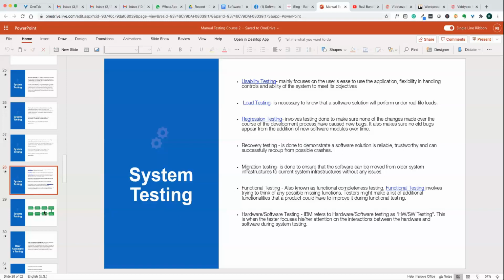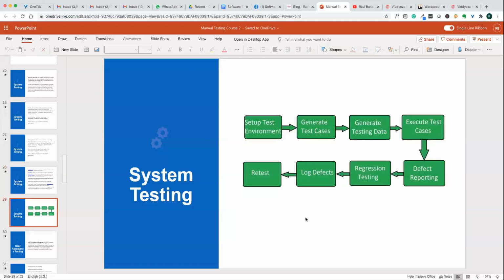If you take the flow in system testing, this is what is going to happen. We'll have a test environment set up. Then we'll generate test cases, then generate test data, then execute the test cases, and do defect reporting, regression testing, log defects, and retest. Retest is once they provide fixes, we're going to retest that.